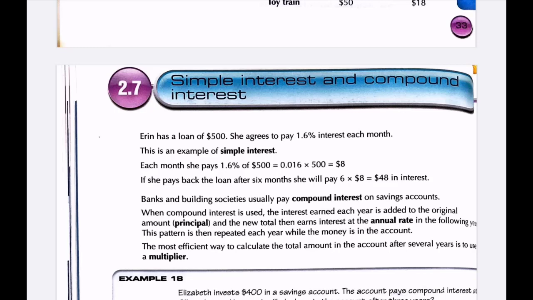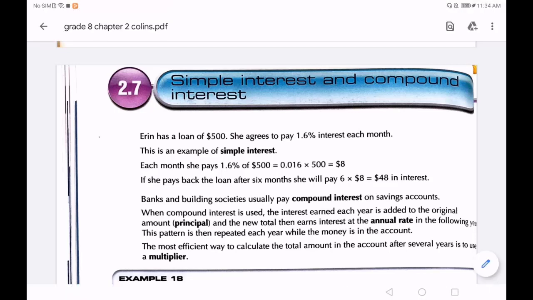This is called simple interest. Every year he is getting $10. But if he does not draw that $10 from the bank and keeps all the money in the same bank every year, then the bank will give him in the first year 10% on $100. In the second year it will give 10% on $110, and in the third year the bank will give him $122.5 interest. This is called compound interest. We will discuss this.